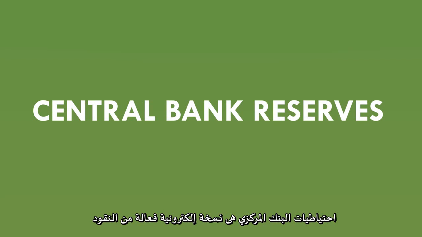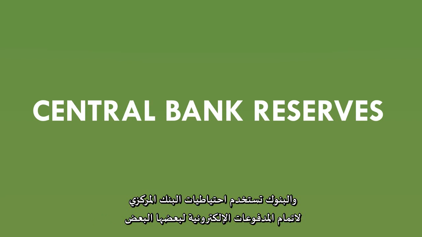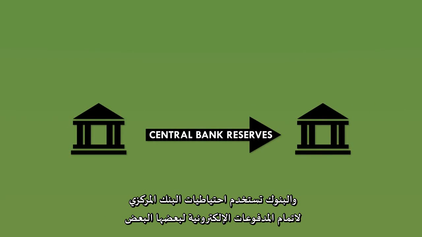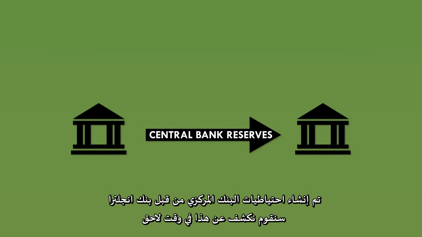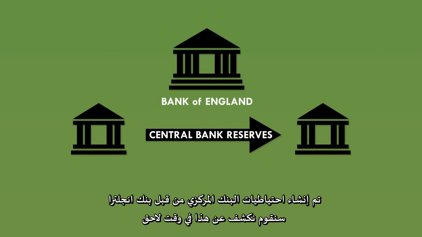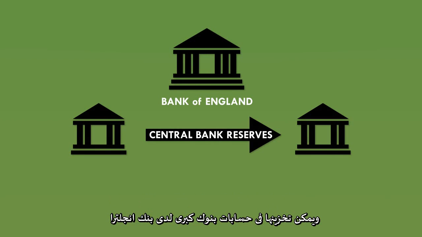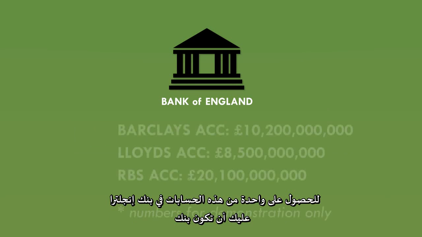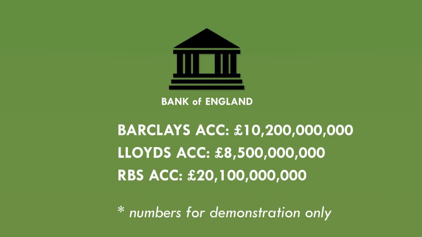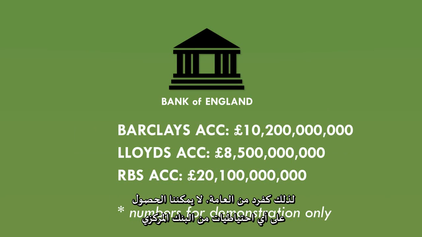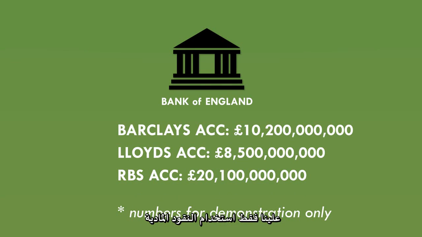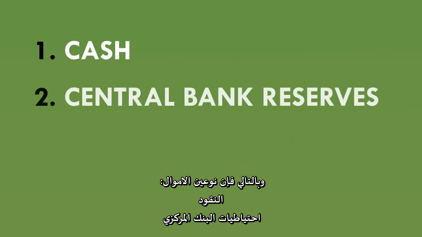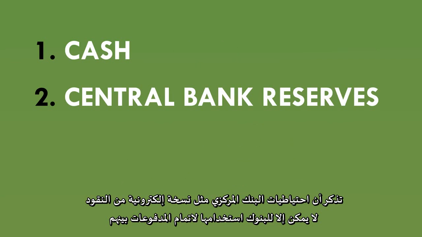Central bank reserves are effectively an electronic version of cash, and banks use these electronic central bank reserves to make payments to each other. The central bank reserves are created by the Bank of England. We'll cover how later on, and they can only be stored in accounts that the big banks have with the Bank of England. To get one of these bank accounts at the Bank of England, you have to be a bank. So as members of the public, we can't get our hands on any central bank reserves. We just have to use the physical cash. So the first 2 types of money are 1, cash, and 2, central bank reserves. Remember that central bank reserves are like an electronic version of cash that only the banks can use to make